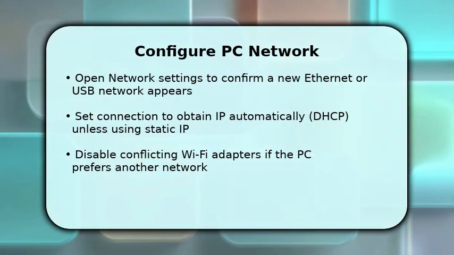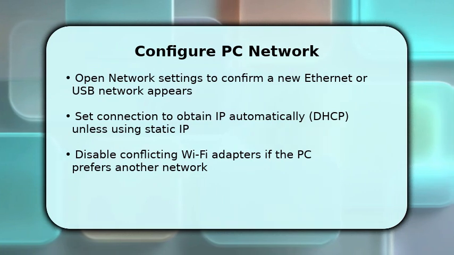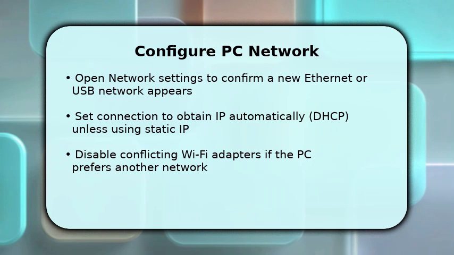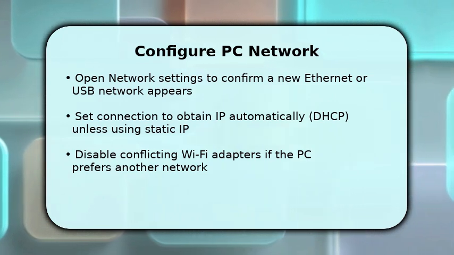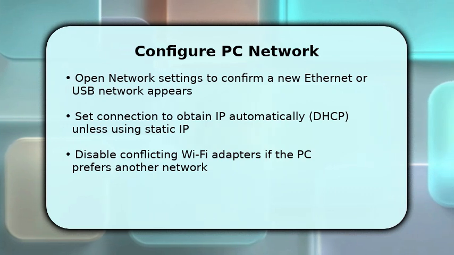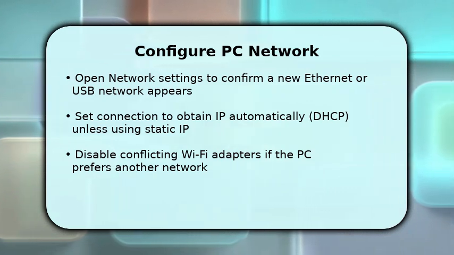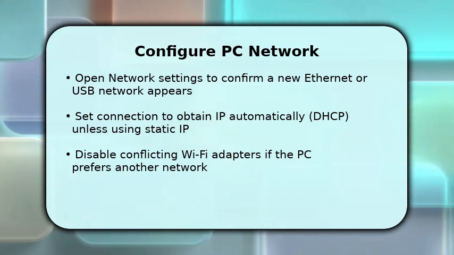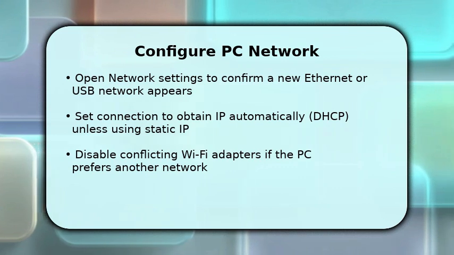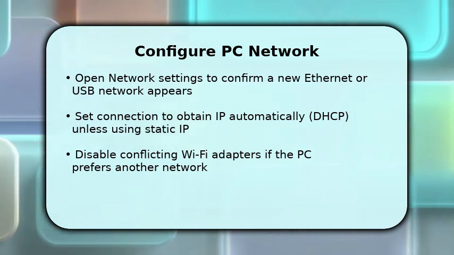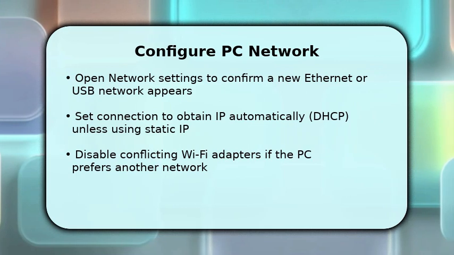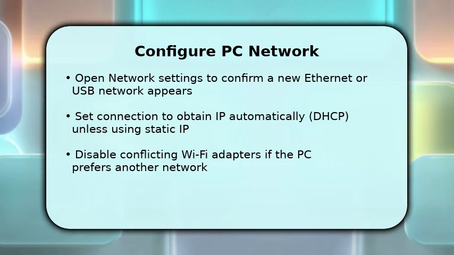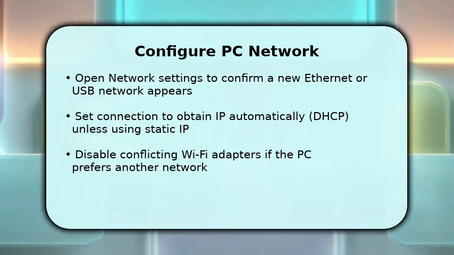Once the phone is connected, go to your PC's network settings and locate the new USB or Ethernet adapter. You want the adapter set to obtain IP automatically via DHCP unless you deliberately use a static IP. This simplifies routing and DNS. If the PC still prefers Wi-Fi, disable that adapter temporarily so traffic flows through the phone. Make sure firewall rules allow the new adapter, and that the phone's hotspot settings permit tethering connections to route DNS